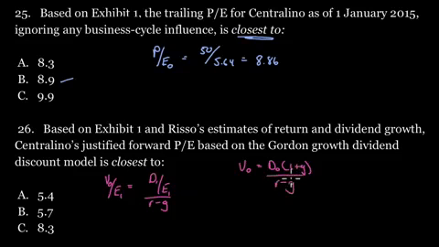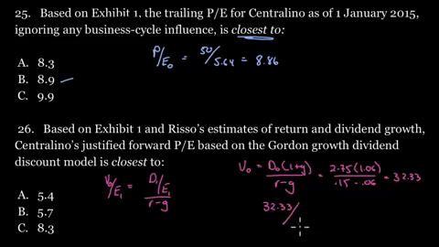And just fill in the missing numbers here. The dividend, D naught, was 2.75. And we were told the growth rate was going to be 6%. We were told the required return was 15%, 0.15 minus 0.06, and we will get 32.33 as an intrinsic value for the stock. Then we would take the 32.33 and divide it by